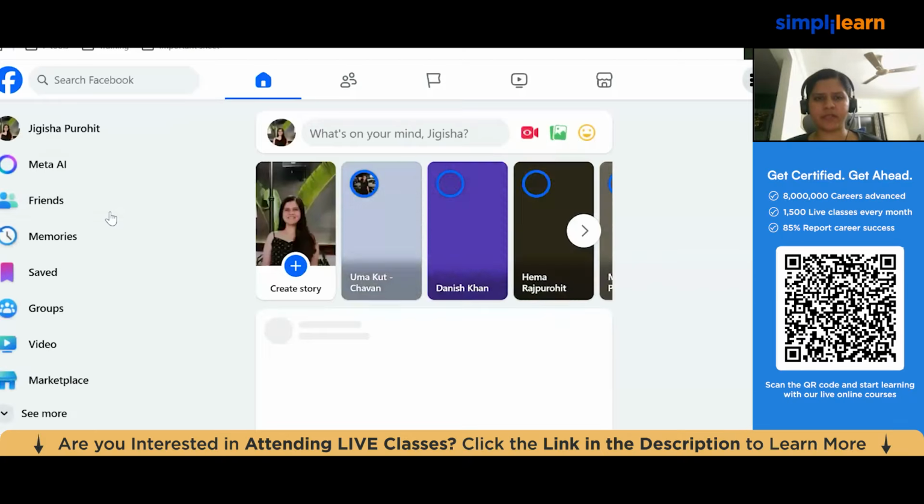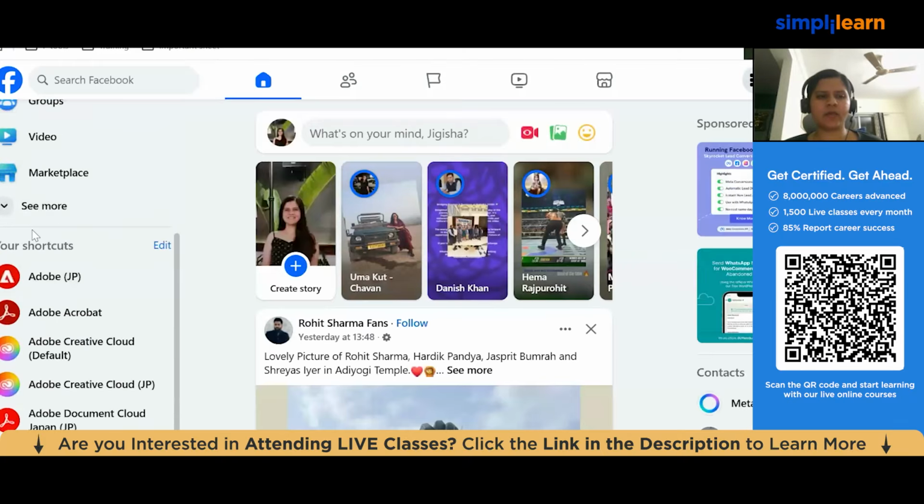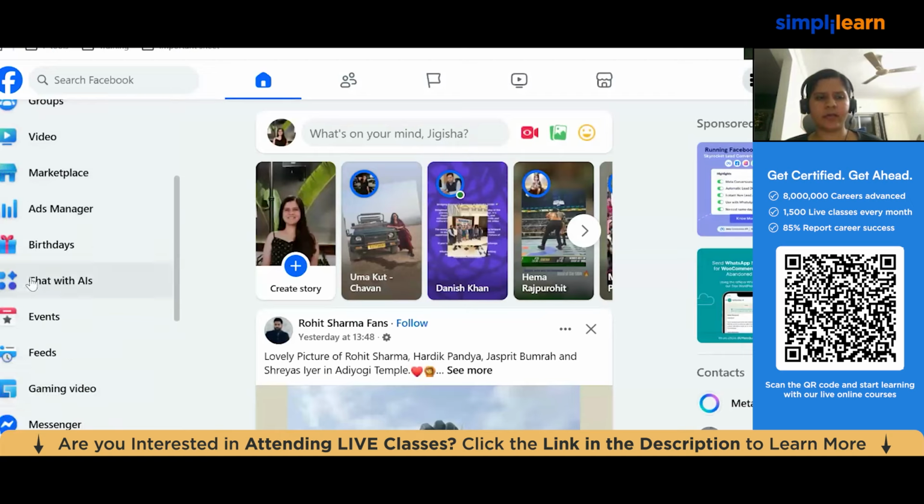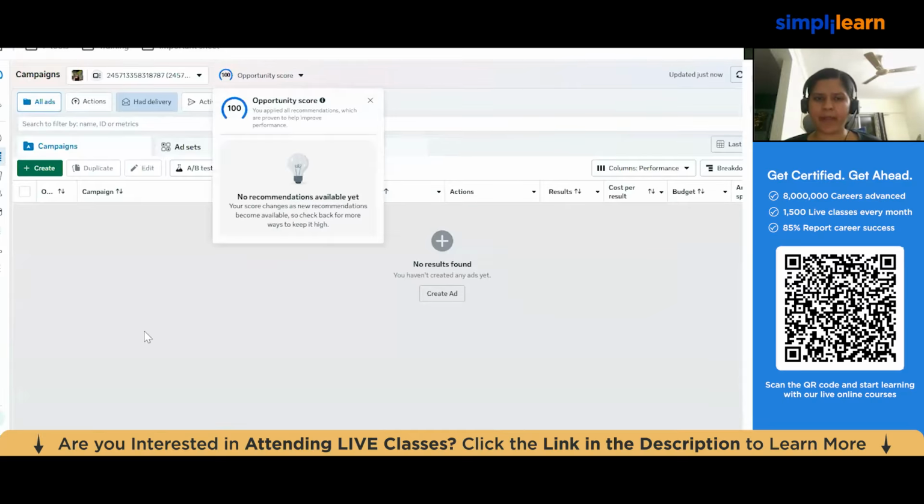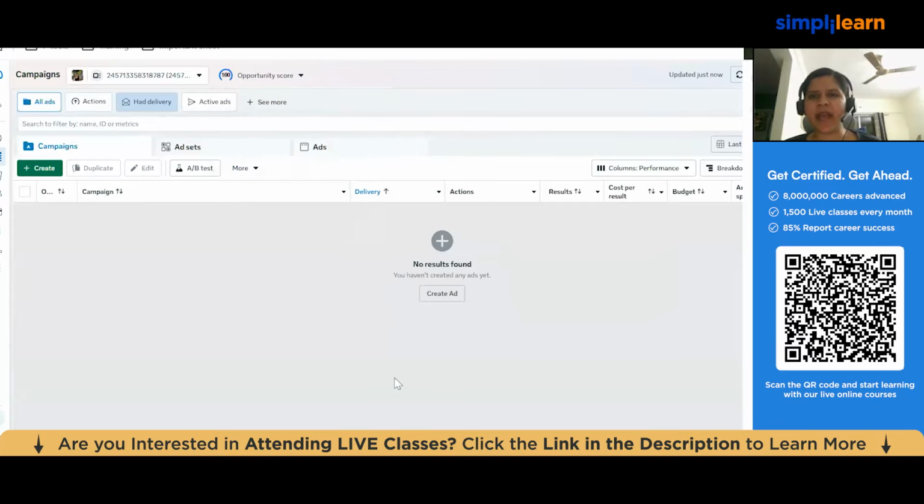Okay. You all would have a Facebook account, and in your Facebook account, towards this corner, you would see this Ads Manager section, and this is where you can access the backend. Now this backend is where all the big brands create their campaigns. Right. So this is where we create the ads, and that's how you see those ads